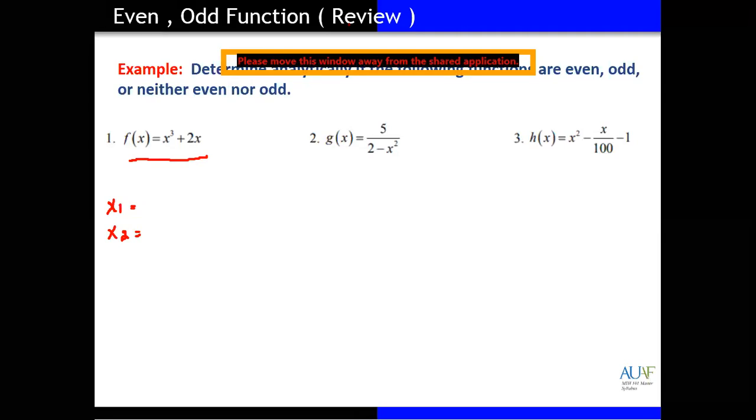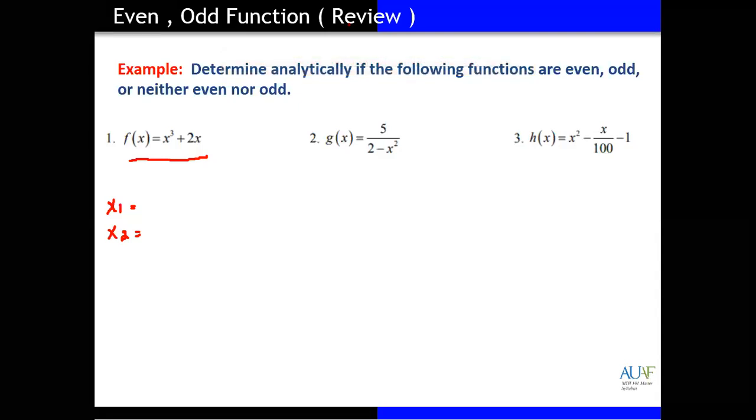We give a positive value and a minus value to that function. Yes, if the result is same or different, what will it be, an even function or odd function? If the result is different, then it's odd function. If it's the same, we